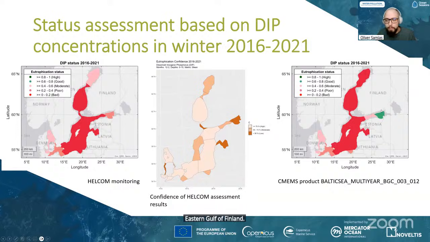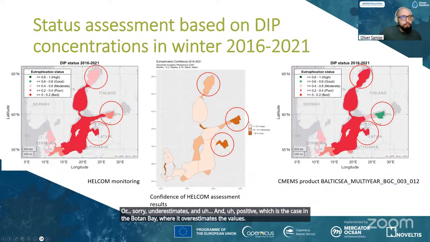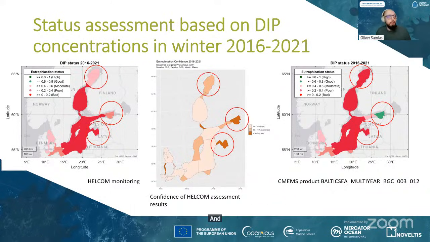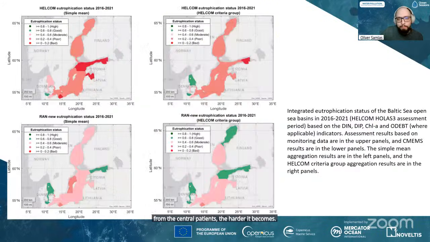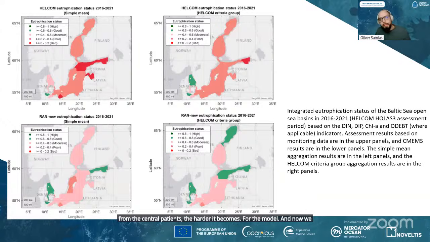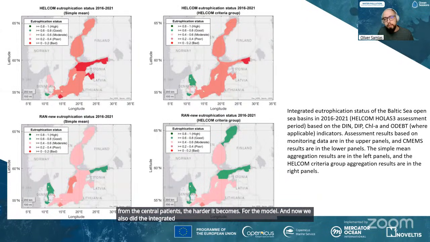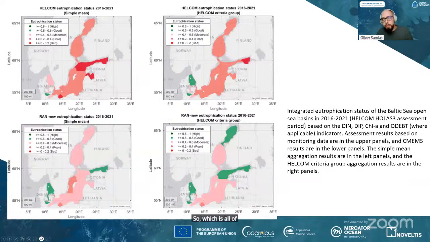It underestimates the values, or sorry, overestimates, which is the case in the Bothnian Bay, where it overestimates the values. And as I mentioned before, the further away you move from the central basins, the harder it becomes for the model. And now we also did the integrated eutrophication status assessment, which uses all of the available indicators,